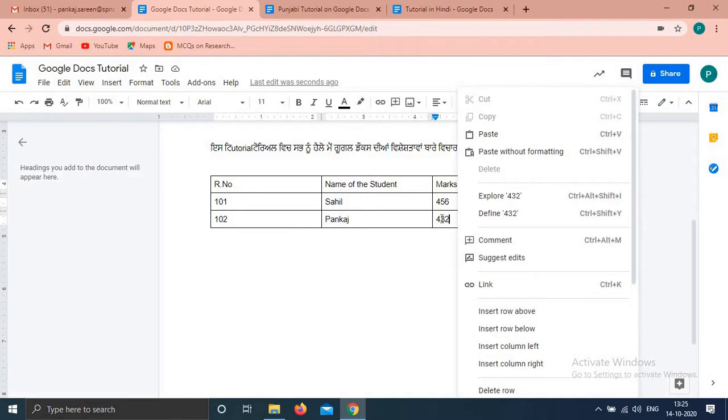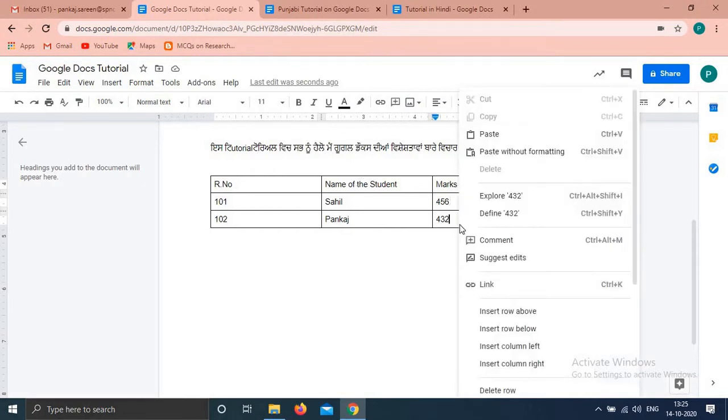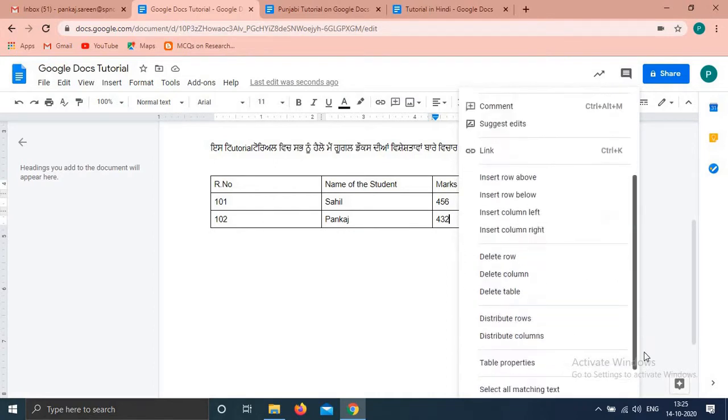Fine. If you want to insert any row, you can insert. See, for example, right click on the table, and then you can insert a row above, you can insert a row below, you can insert a column to the left, you can insert a column to the right, you can delete row, you can delete column. There are so many options that are available.